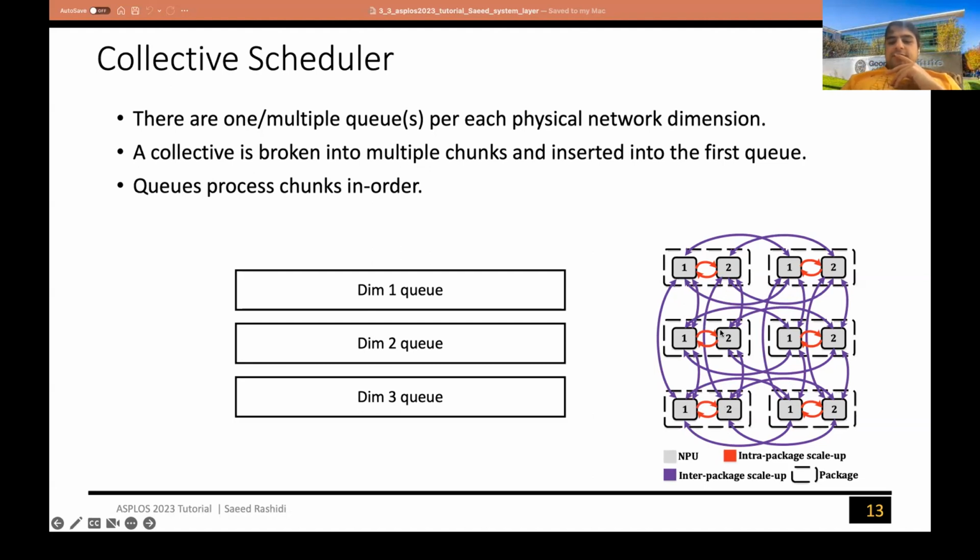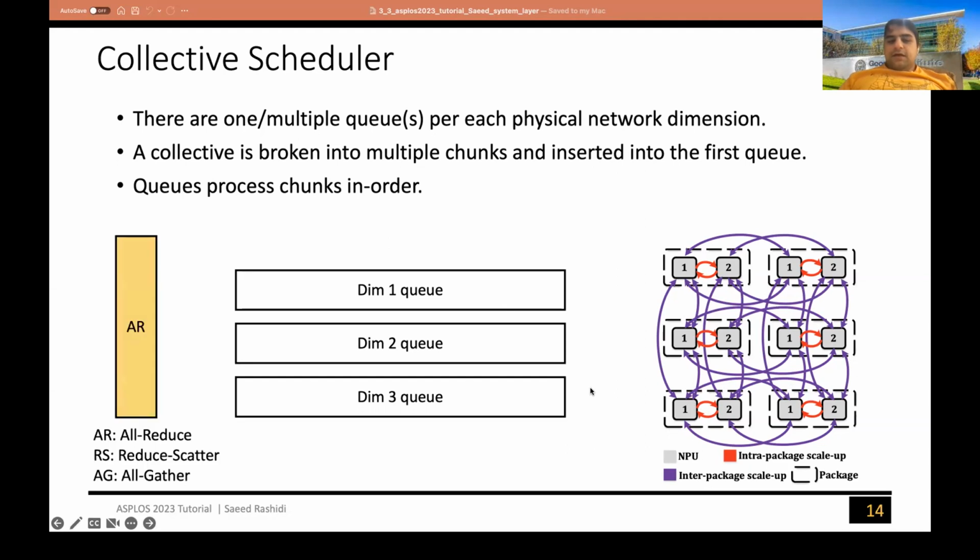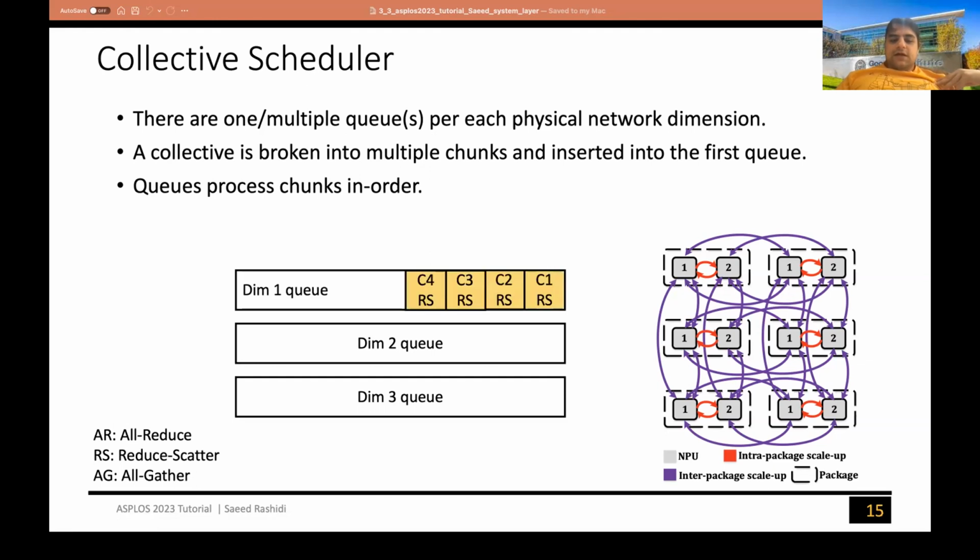So because you have physically 3 different dimensions, you want to schedule communications on all of these 3 dimensions at the same time. So what ASTRA-sim does is that it creates 3 different queues. And suppose that you have a big all reduce here. So ASTRA-sim has this knob to break this all reduce into smaller ones, and then start by scheduling all of these all reduces